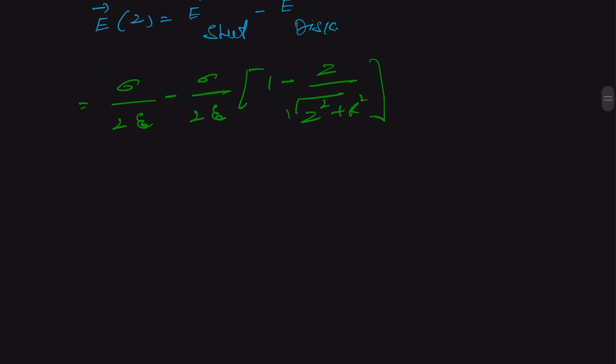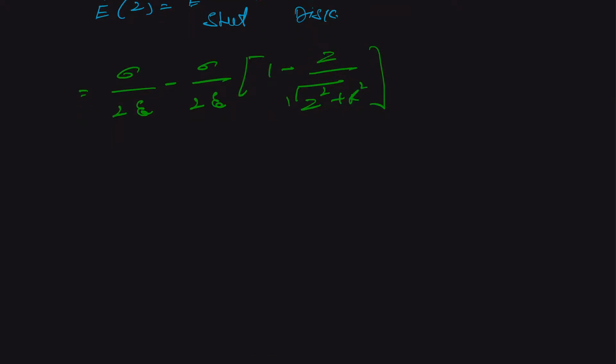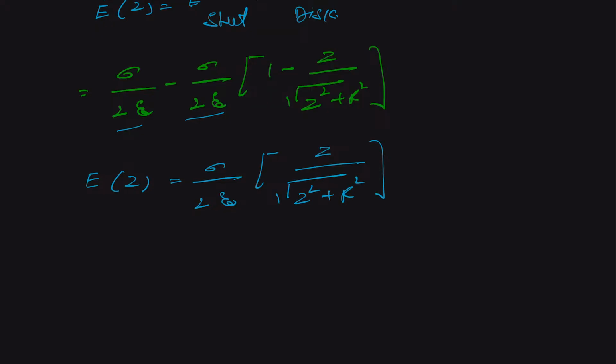And if we simplify it, we are going to get the electric field in the z direction equal to sigma upon 2 epsilon naught times z upon the square root of z square plus r square, because we can take this as common, so this will be 1 minus 1, and that will be cancelled out. So this is the electric field at a point z on the line L. Okay. So this was the first part,